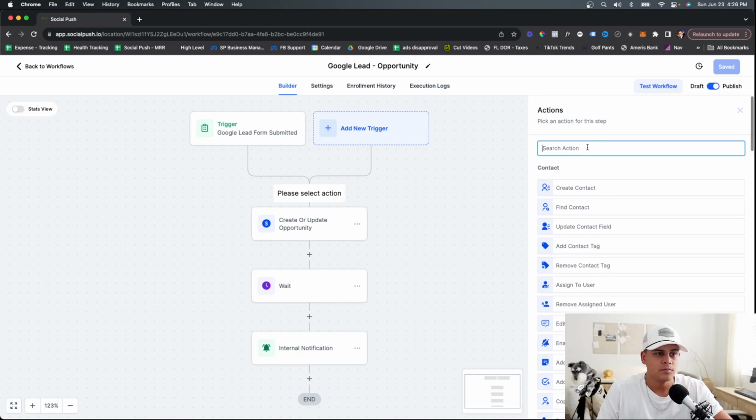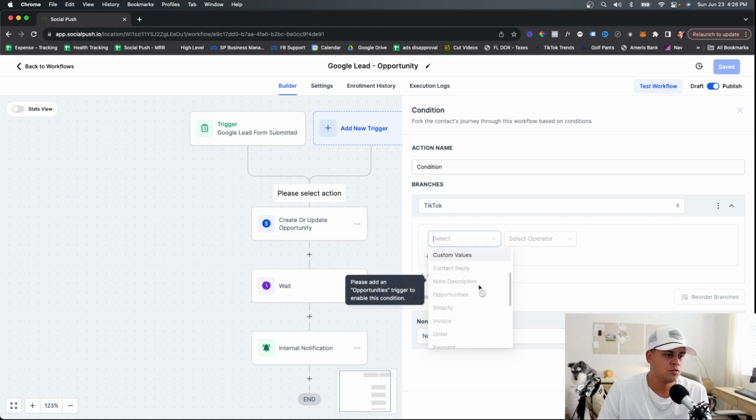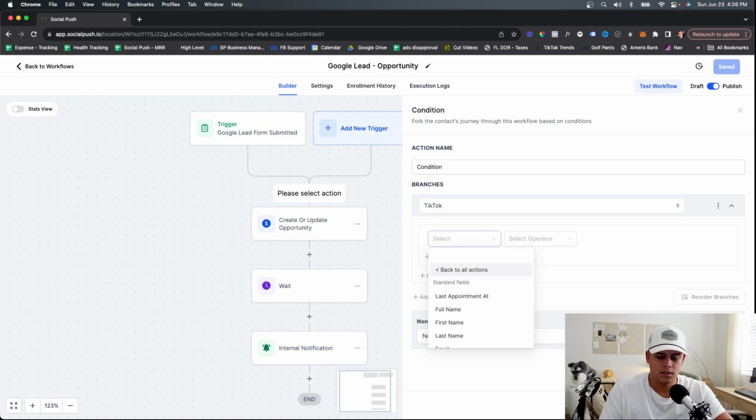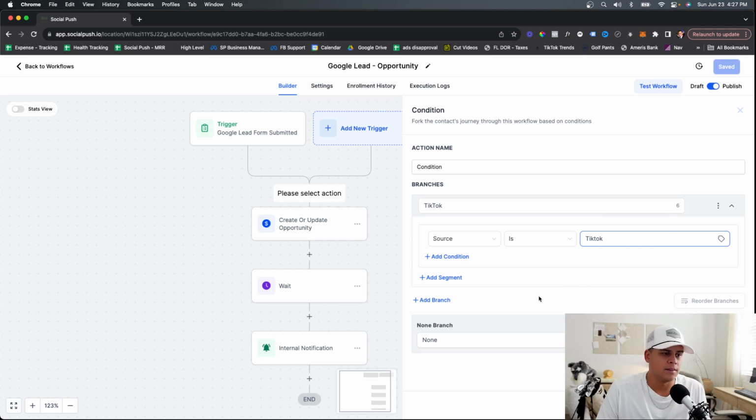So we could do an if/else branch. We could just put, let's say TikTok if we wanted to. Come over here. We have contact details. And then can we search on this? I believe we can. Source. So if the source is TikTok, we could add that condition, add the segment, and then break it off. So you could make one